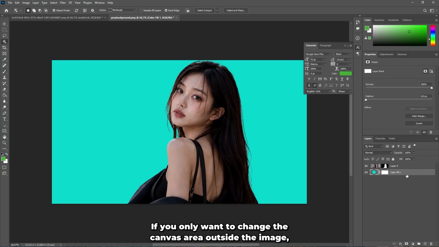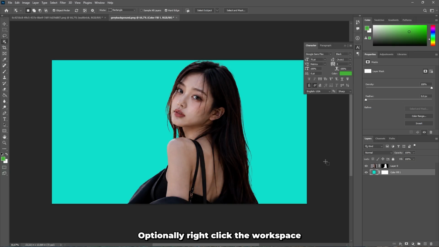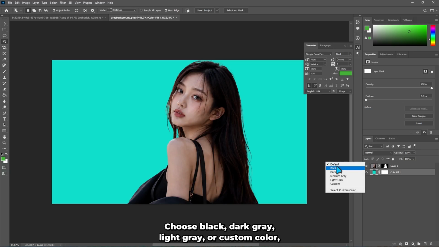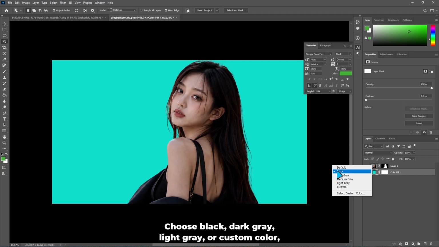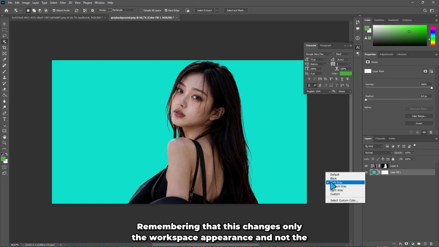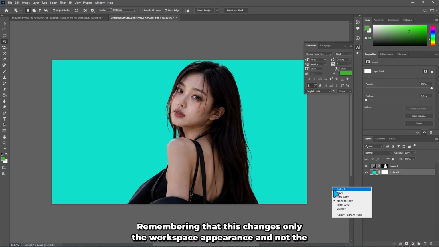above it. If you only want to change the canvas area outside the image, optionally right-click the workspace. Choose black, dark gray, light gray, or custom color, remembering that this changes only the workspace appearance and not the